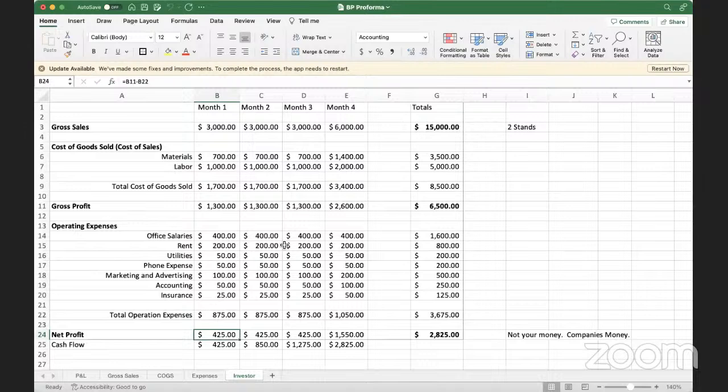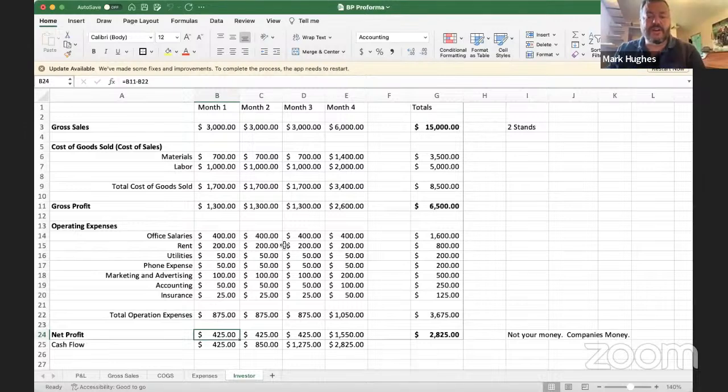If you come to an investor with 1 year of the last 12 months of profit and loss,